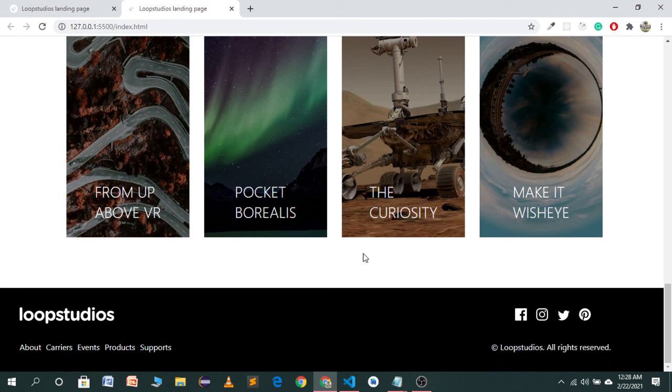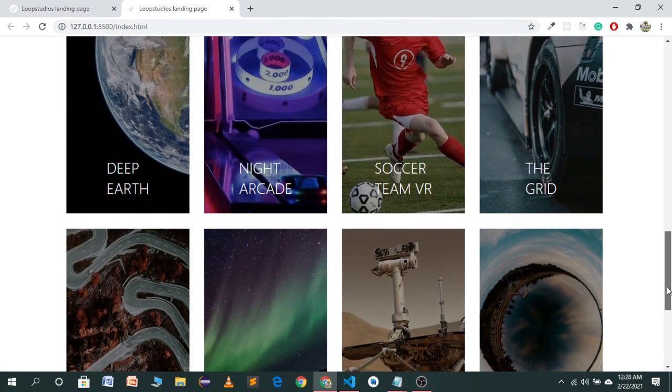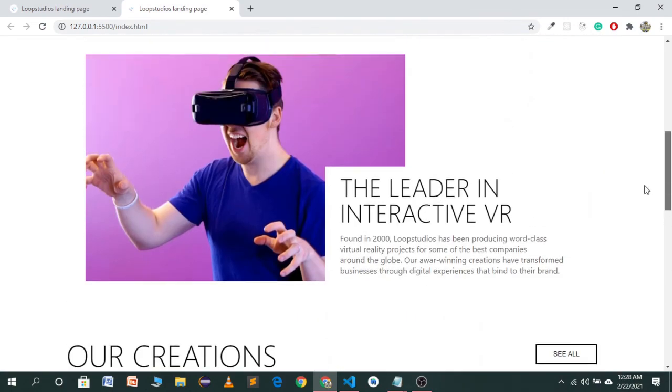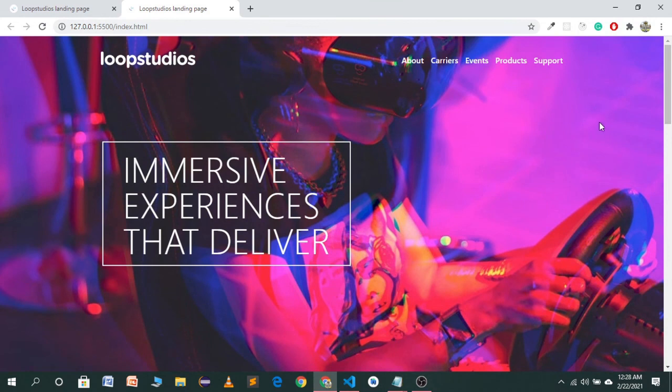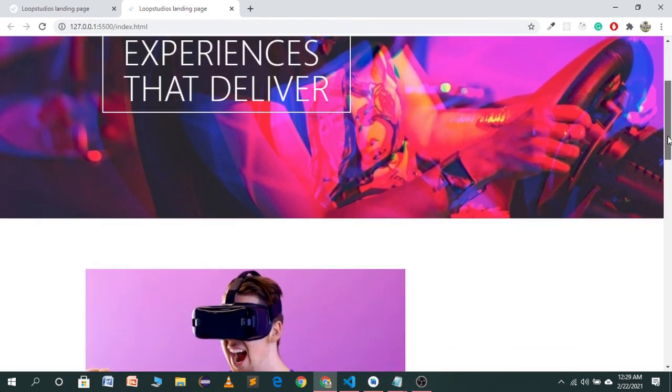We have built a beautiful virtual reality website design with just HTML and CSS. So let's show what we have built. First of all, we have built a beautiful navigation bar with just HTML and CSS, where we have a logo and nav items, and we have a beautiful looking title in the hero section, and an eye-catching design of our background image of the hero section.